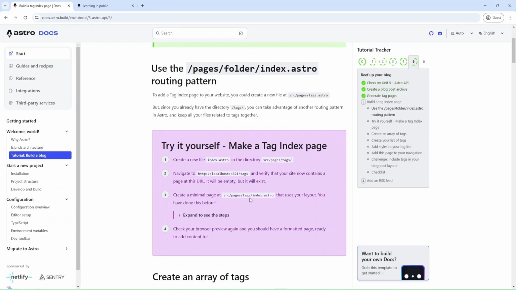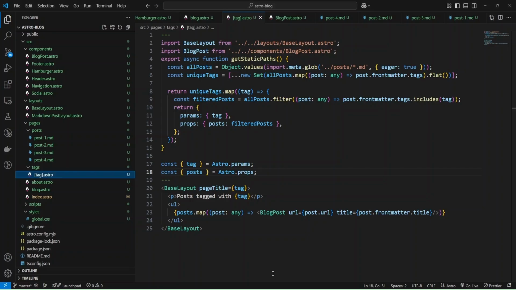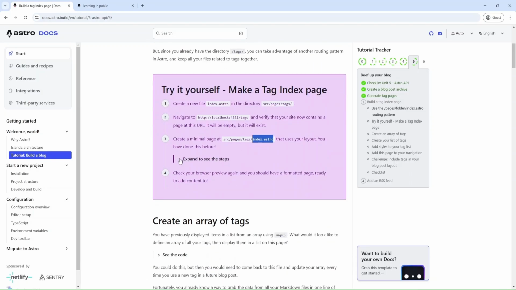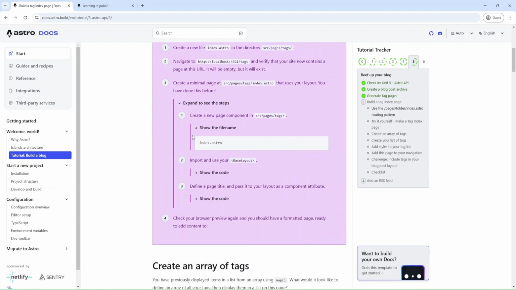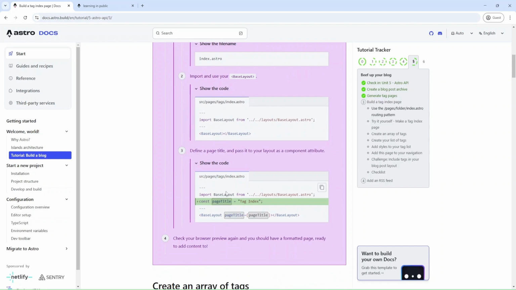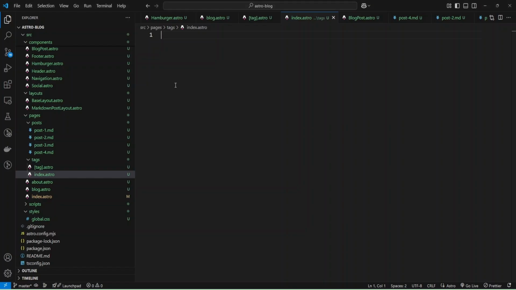And now I can create an index page inside tags. We added index, and we can add code. I'll just copy and paste this code.